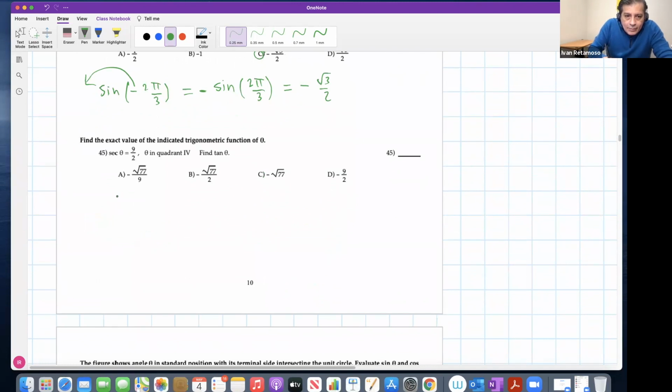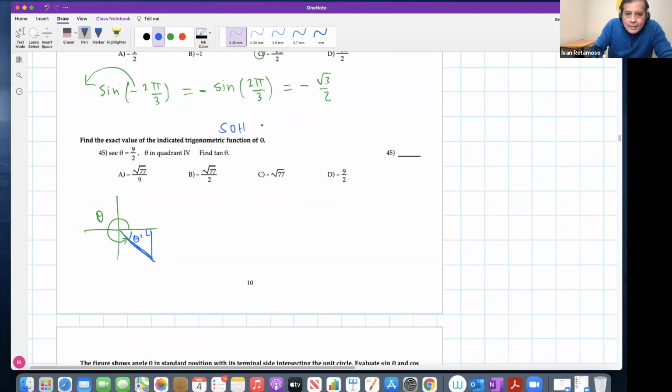They say that theta is in quadrant 4, right? So let's place our theta somewhere in quadrant 4 this way. This big angle is theta, right? But now, remember, when you have a big angle, bigger than 90 degrees, it is preferable to work with what we call the reference angle, right? This will be the reference angle theta prime. Using this theta prime, I'm going to construct here a right triangle, since theta prime is an acute angle, right? Reference angle, right? And in this right triangle, based on this information that secant is 9/2, and I know that